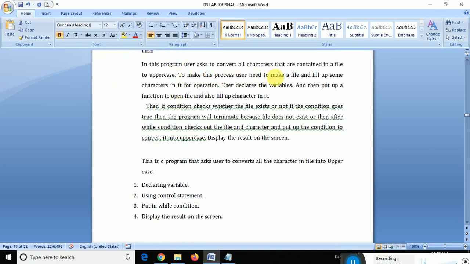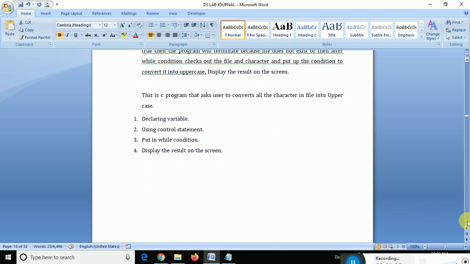In this program, the user asks to convert all characters contained in the file to uppercase. To make this process, the user needs to make a file and fill in some characters. I have given the description so that you can understand. The if condition checks whether the file exists or not. If the file does not exist, it will terminate.